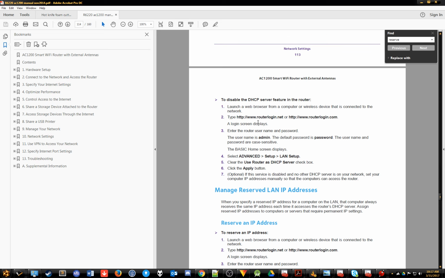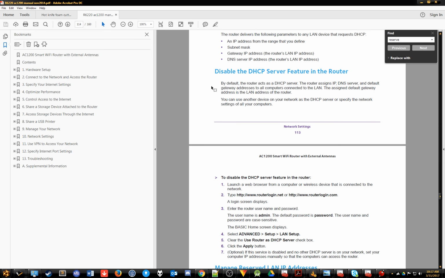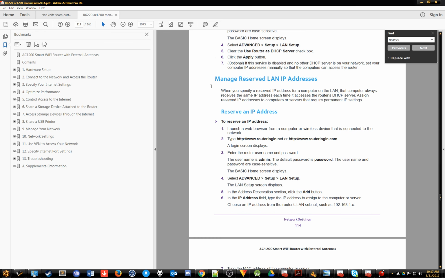So what you want to do is download the manual of your router first. This is the manual for the router that I used. And again, any router that supports reserved IP addresses will work for you, as long as you can access the manual and the README here on how to reserve that IP address to your device, so that each time you connect your device to the network, you know the IP address because you're the one who reserved it. You can note down that IP address, and it's going to give that IP address to your device each and every time. And that's important because you'll see that as we go into the third part of the video,